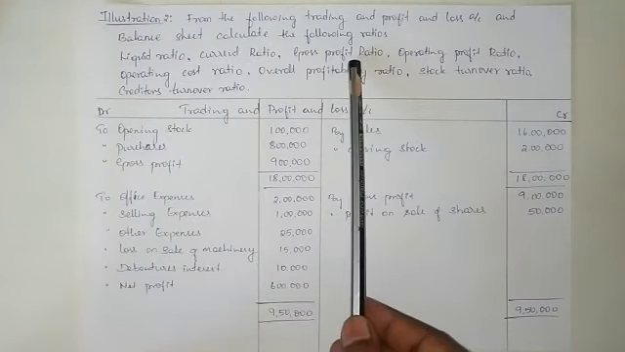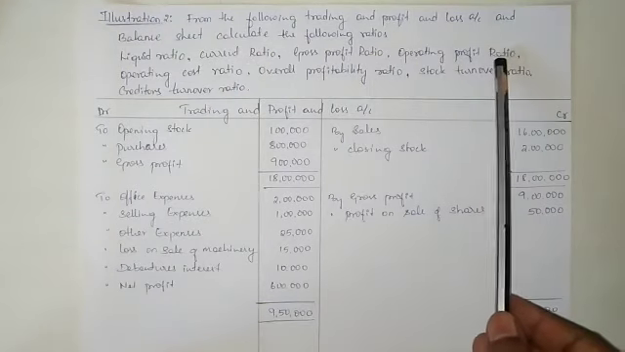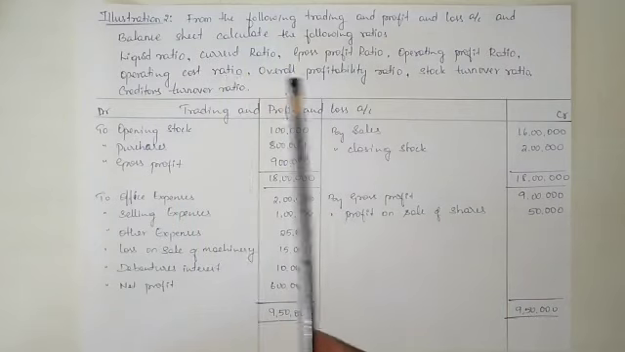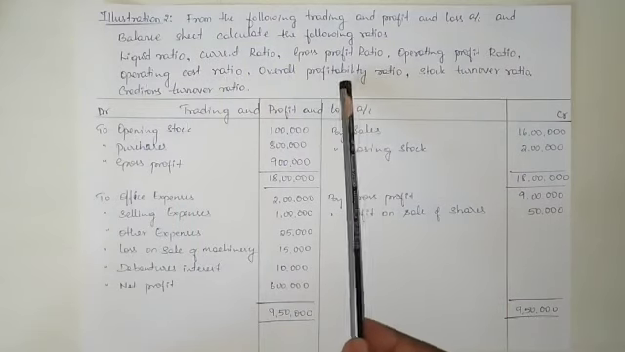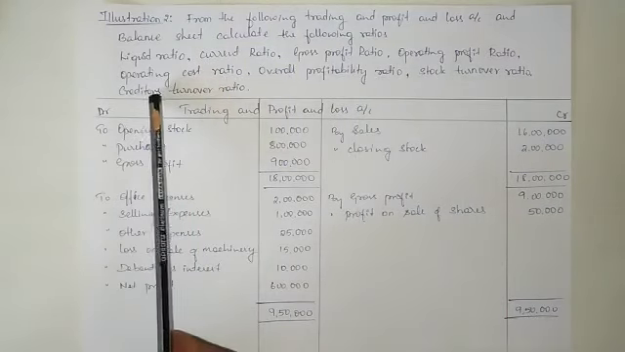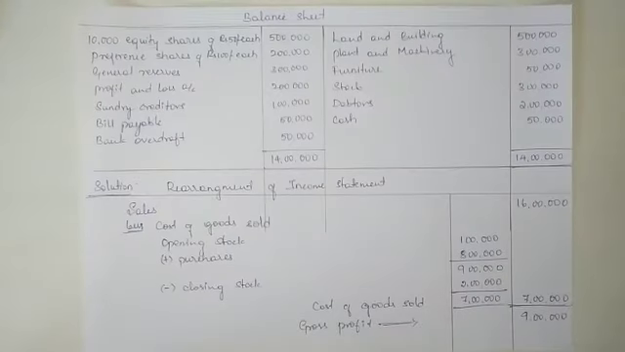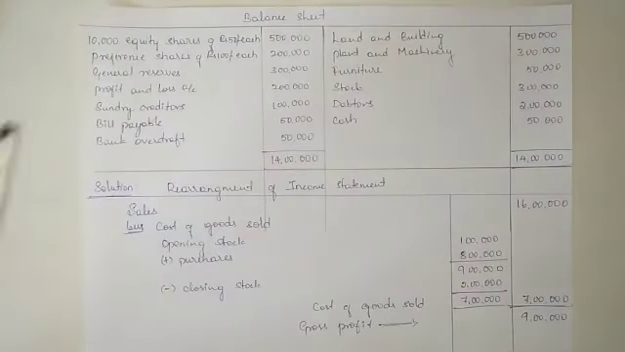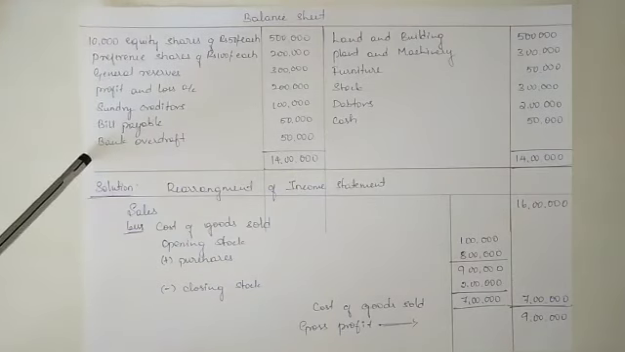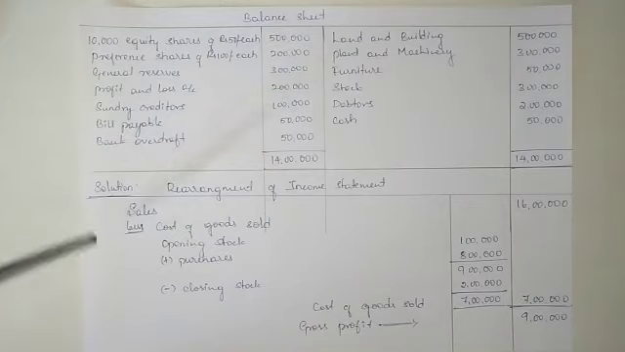current ratio, gross profit ratio, operating profit ratio, operating cost ratio, overall profitability ratio, stock turnover ratio and creditors turnover ratio. So this is the balance sheet, this is the trading and P&L account, and this is the balance sheet that is going to be used. Okay, so here, in the same manner as we have done in the previous problem, first we are